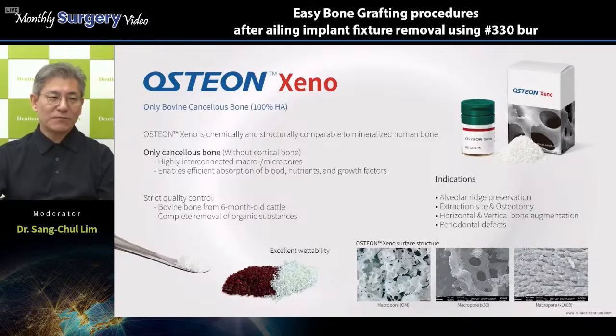Actually, OSTEON Xeno came from the bovine. However, it is almost cancellous bone, which has a faster turnover. It means it is softer, and a faster turnover means faster new bone formation, right? So it is easy for bone cells to nest and stabilize, and vascularization is faster. Finally, we get new bone formation faster than with any other xenograft